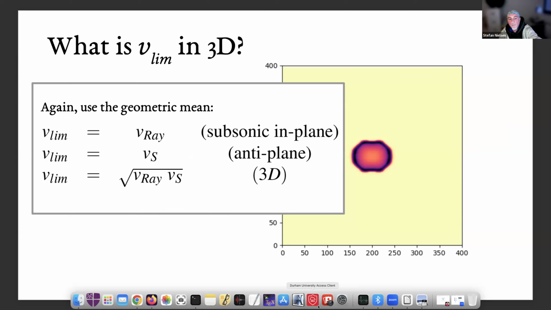So again, if you have an elliptical shape, where the major axis of the ellipse would be the shear wave speed times time, and the minor axis would be the Rayleigh wave speed times time, then this will be the correct value for an average velocity of the rupture front. Okay, so that's my interpretation. Obviously, in real life, you always end up having a supershear transition, and this doesn't work anymore.